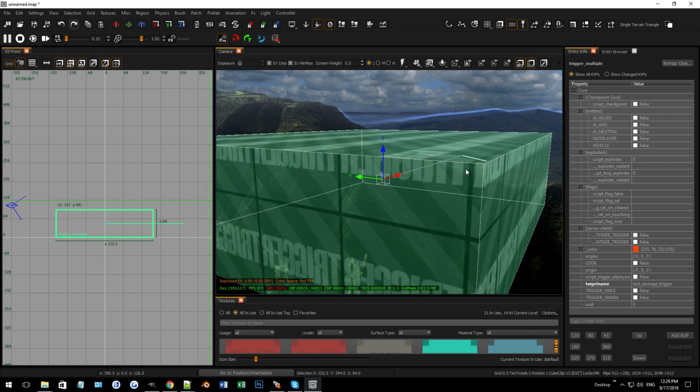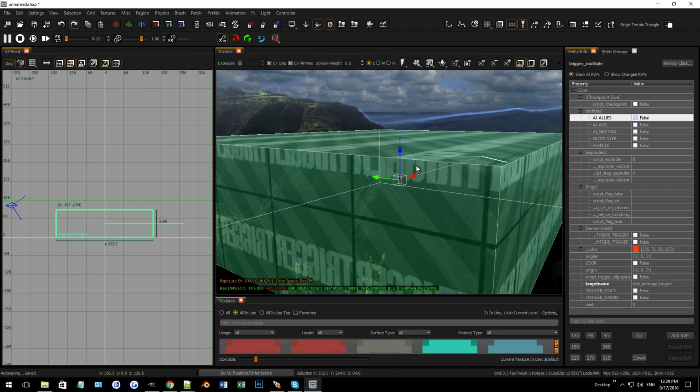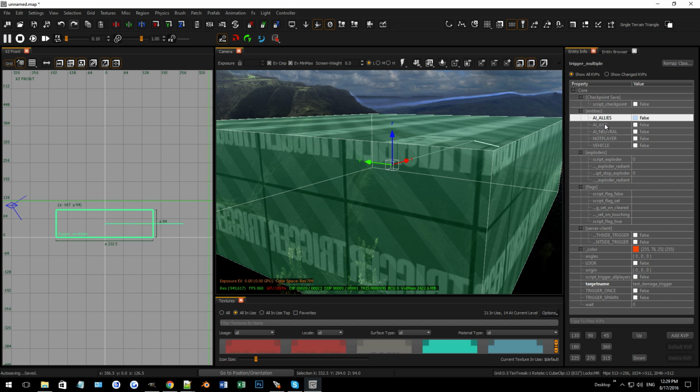A lot of times what ends up happening is the triggers don't activate properly because of the spawn flags, and a lot of times people overlook this because it's such a small thing. But in Radiant, you can control what the trigger is activated by, who the trigger is activated by, I should say, what type of entities. So right here we have all the entities that would trigger this. The thing is, we want the players, so we want